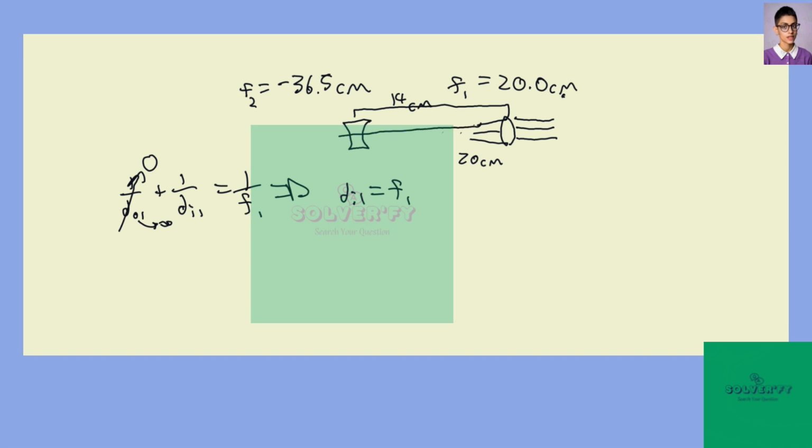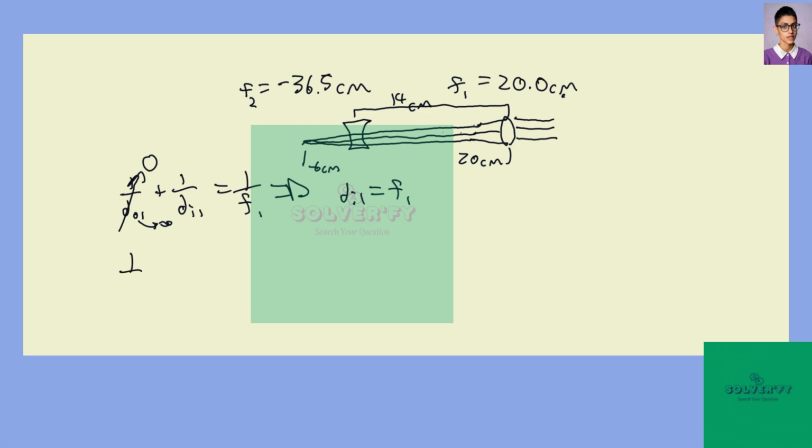There we go. Just like I intended. It's perfect. All right, so if this whole thing is 20 centimeters and this is 14, that means that this little bit is minus 6 centimeters,